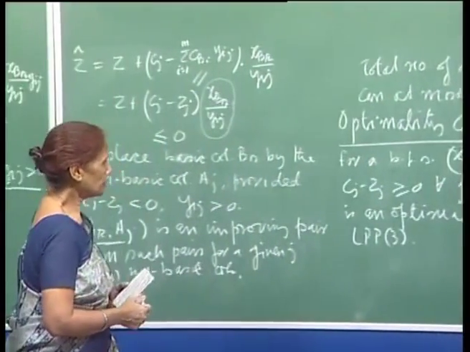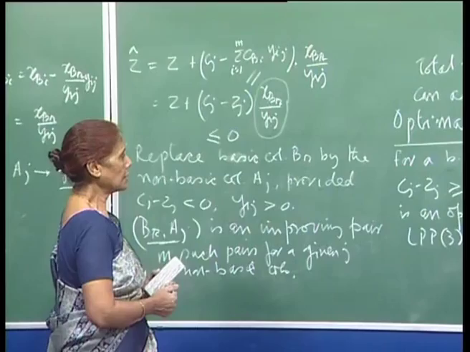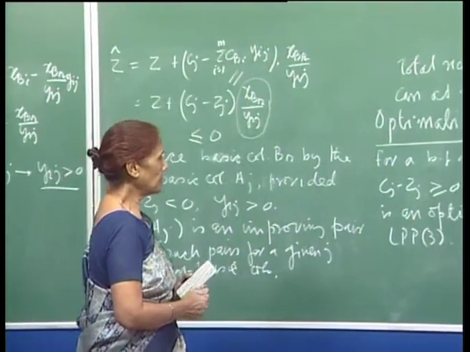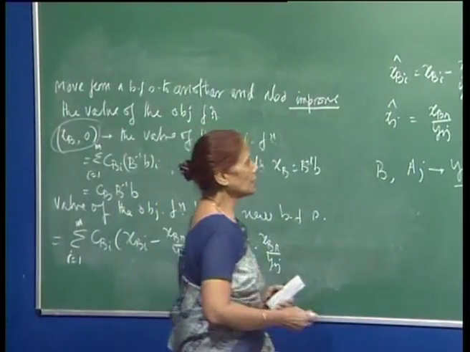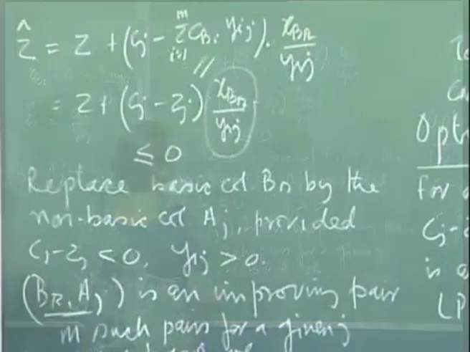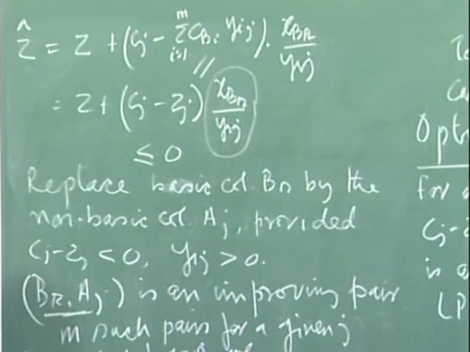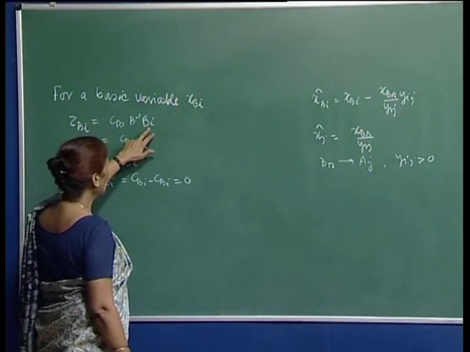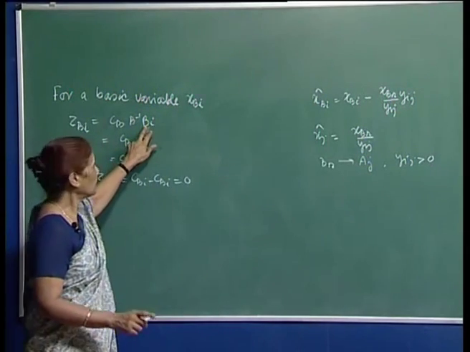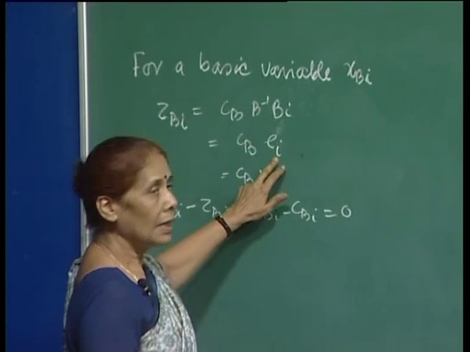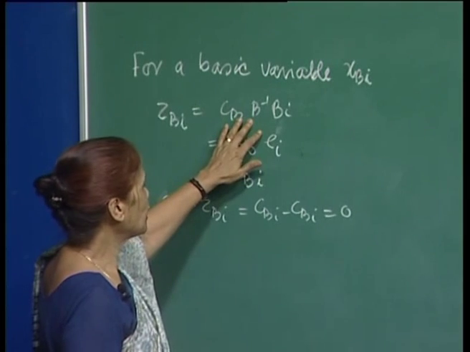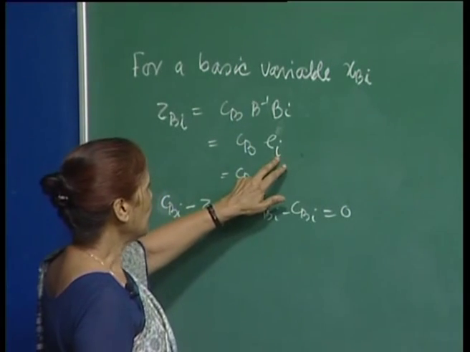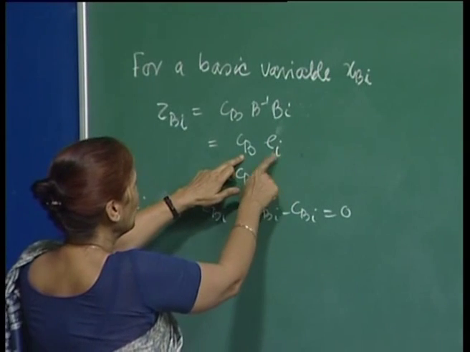So for a basic feasible solution, if all Cj minus Zj's are non-negative, then xb is an optimal solution. Now from the computation, let us look at it for a basic variable. If you want to compute Zbi, this will be CB B inverse Aj. Now Aj for the ith basic variable is Bi, then B inverse Bi is ei by our definition. B is the basis matrix, so this is the ith column and this is the inverse of the basis matrix. So B inverse Bi will be ei, and therefore when you multiply this with this, it will be the ith